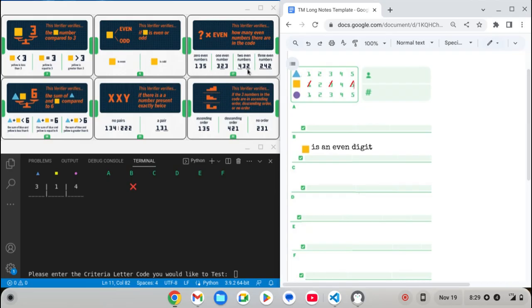So remember, since you only have 2 and 4 to pick from, if you have 3 evens, either they're all going to be equal, right? So something like 2, 2, 2, which would have no order. There's no change among all those 2s. Same thing for all 4s. But if you had